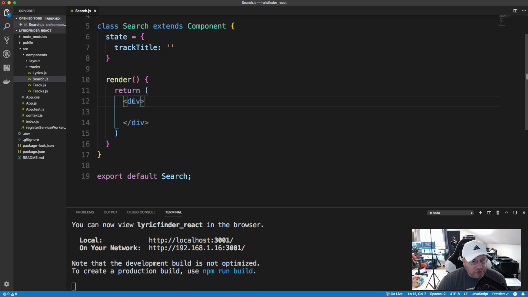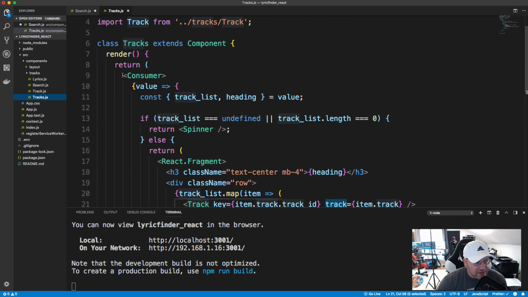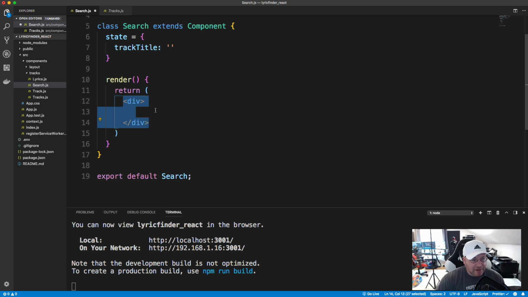Now that we brought in the consumer, in order to do anything with it, we need to return the consumer down here, just like we did in tracks. If we look at tracks, you can see we returned consumer, and then we also had this value. Now, we're not bringing in the track list from here, but we are going to have a method in our state called dispatch to basically dispatch an action to our context. So we do, in fact, need this value. So we're going to set it up just like we did here by saying return